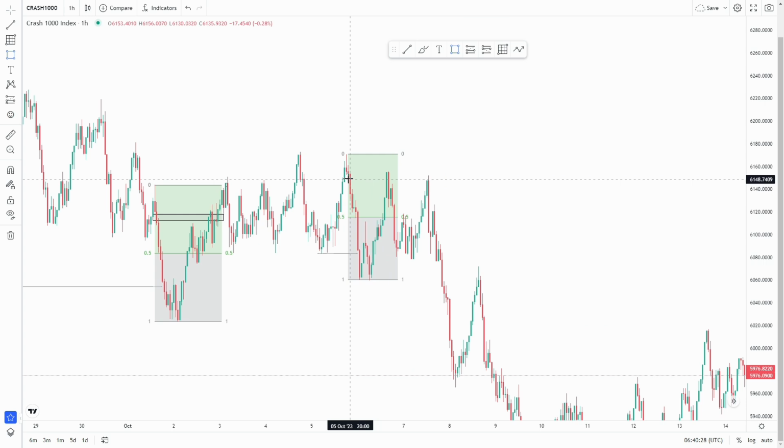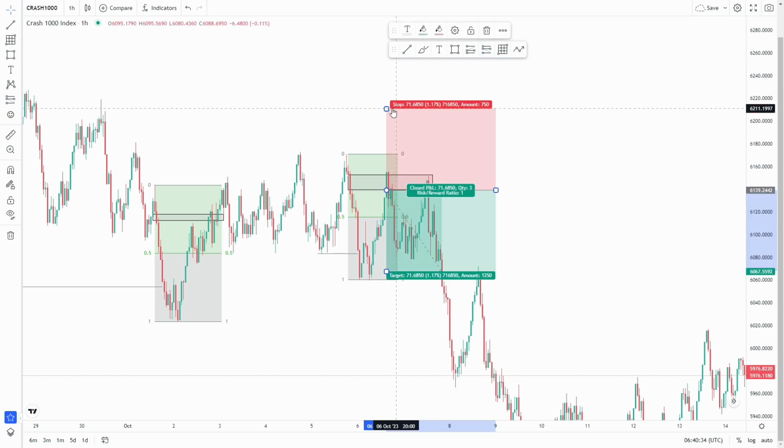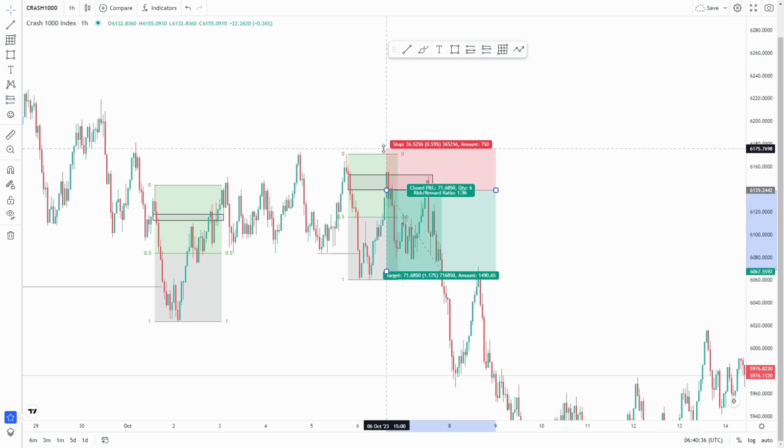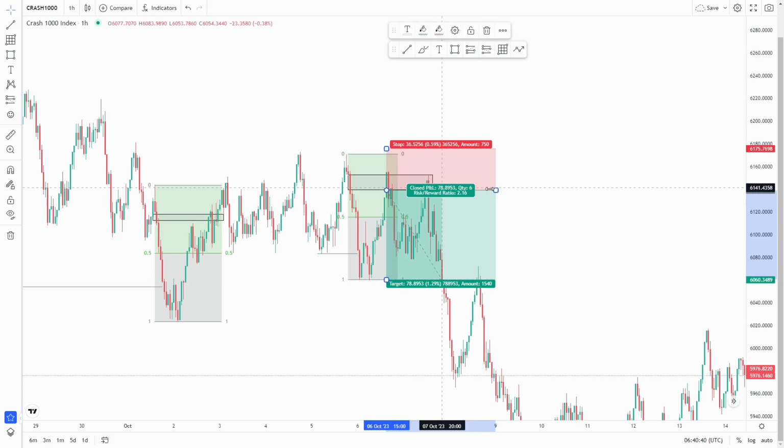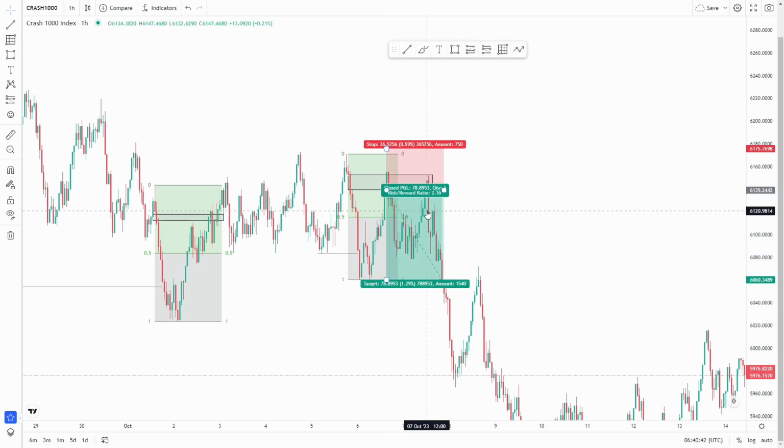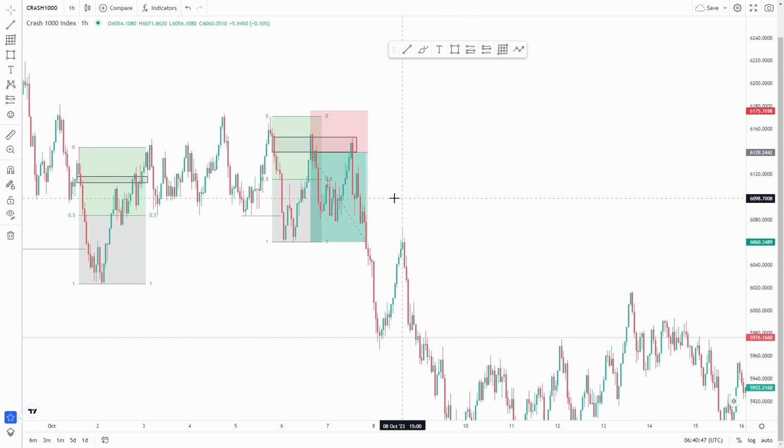Where's the closest fair value gap to the high? It's going to be this one here. Stop loss above the high, and you target the next level of liquidity. Wait for the low to be broken. 2.1 risk to reward. Okay, so now